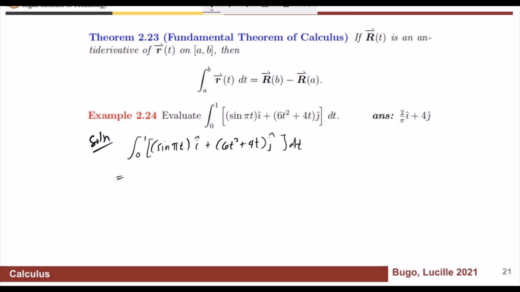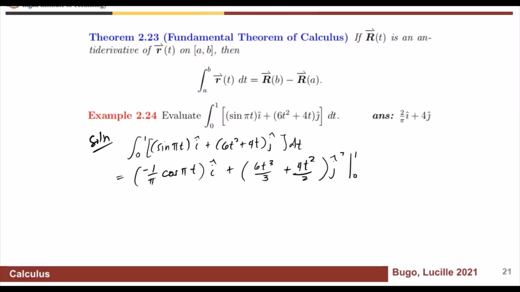This is just equal to, so we will first look at the antiderivative of this, or the integral of this component wise, and the integral of this is negative 1 over π cosine πt i hat plus (6t³/3 + 4t²/2) j hat, and this is to be evaluated from 0 to 1, which is equivalent to